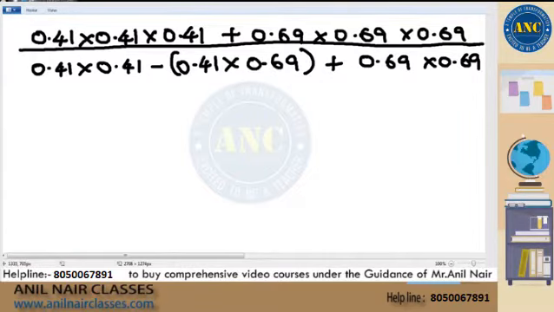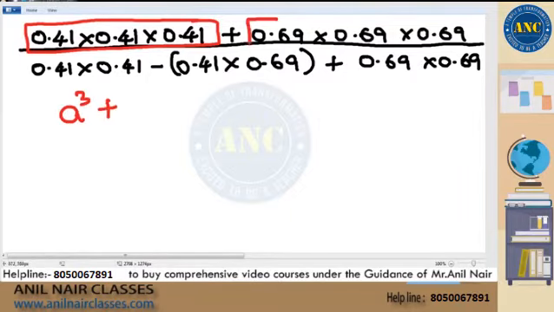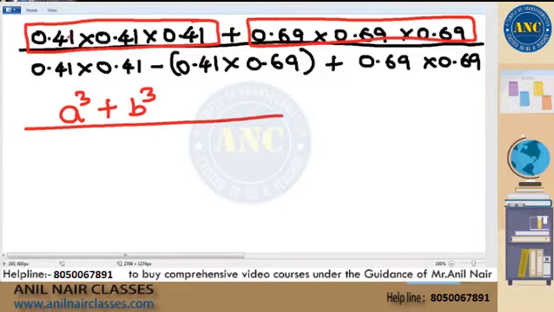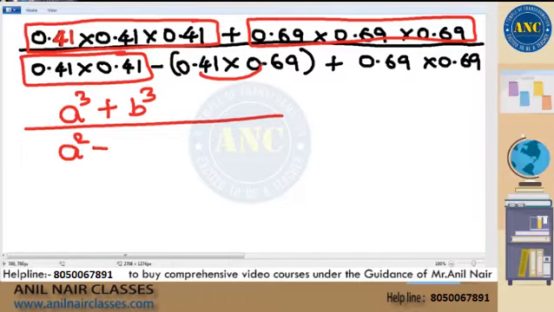Now listen carefully. Again it's a very easy question. This is the same term multiplied 3 times, so I can write it as a power 3, plus the same term multiplied 3 times, which I can write as some other variable b power 3, divided by this. 0.41 I already called a, so this term is a multiplied 2 times, a square, minus a and b multiplied, minus ab, plus b multiplied 2 times,